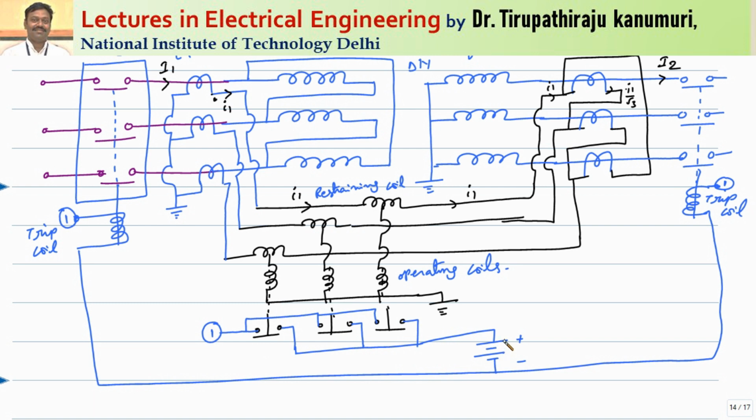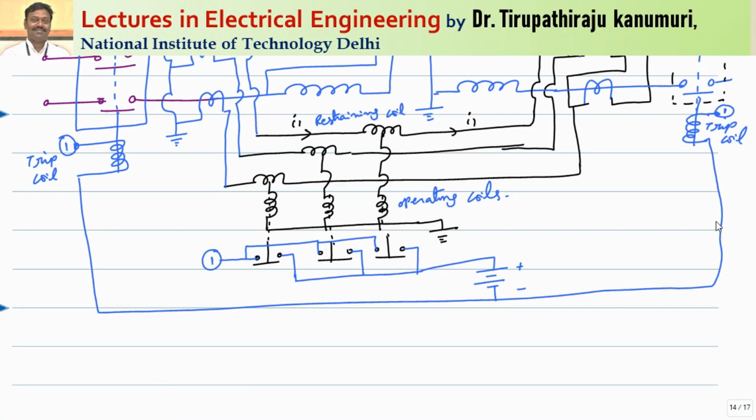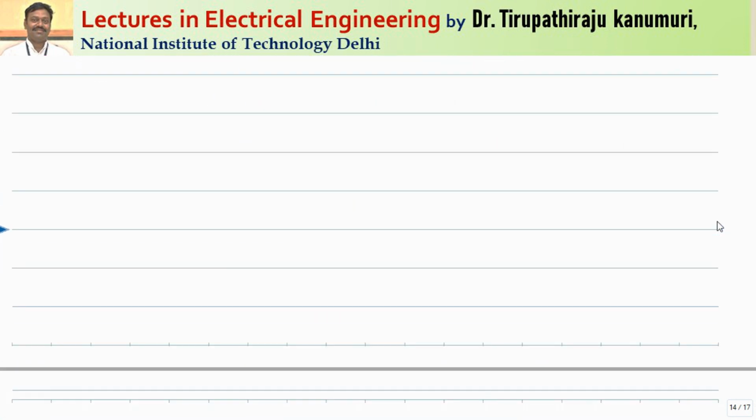So what is the circuit connected to? There is a battery; that battery source is connected. Whenever the switch is closed, the current will come to 1. This 1 is connected to, you can see, both trip coil 1 as well as trip coil 2. That means both the circuit breakers on both sides of the transformer will operate whenever this trips. This is circuit breaker 2. So you can see that both the circuit breakers will trip even when there is an imbalance in a single coil. Let us see what the operation will be under different conditions.